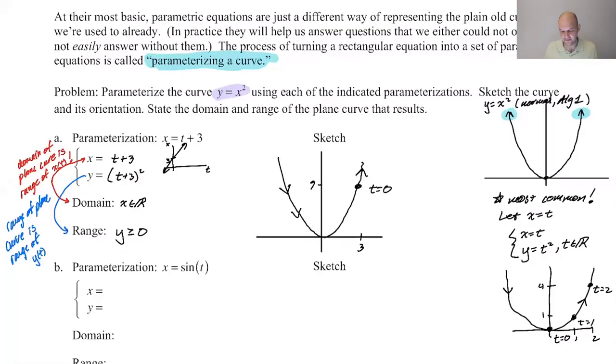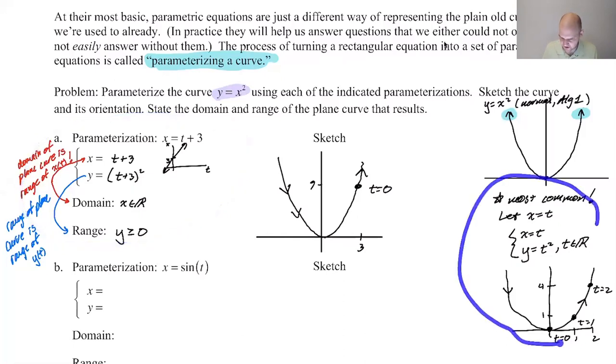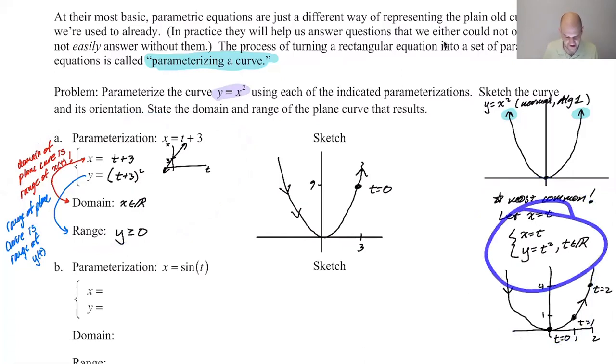All right, we're back. We're still on page 182. We're looking at parameterizing curves. And so far, we've done kind of two. There's only one problem that we actually did so far. But we also wrote this set of parametric equations. And so what I want to do right now is take this set of parametric equations and this set of